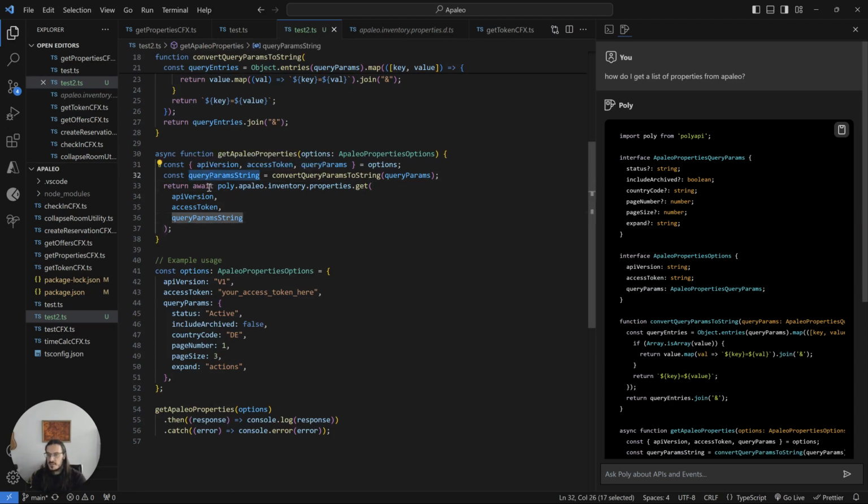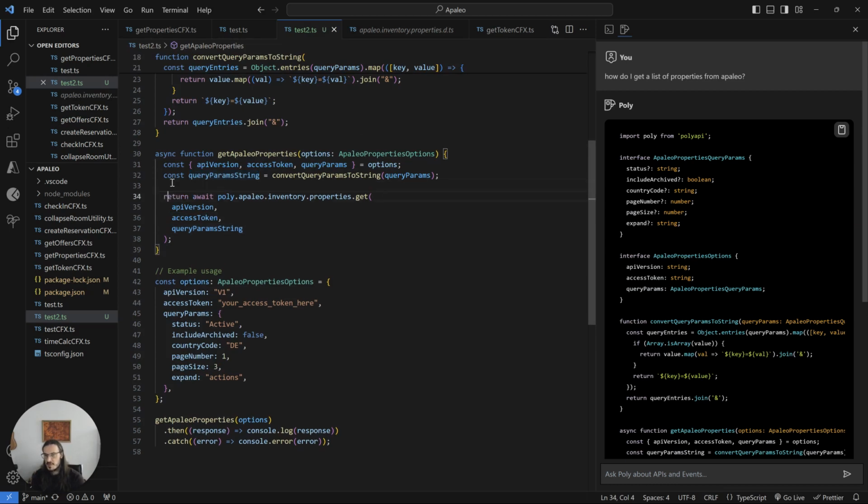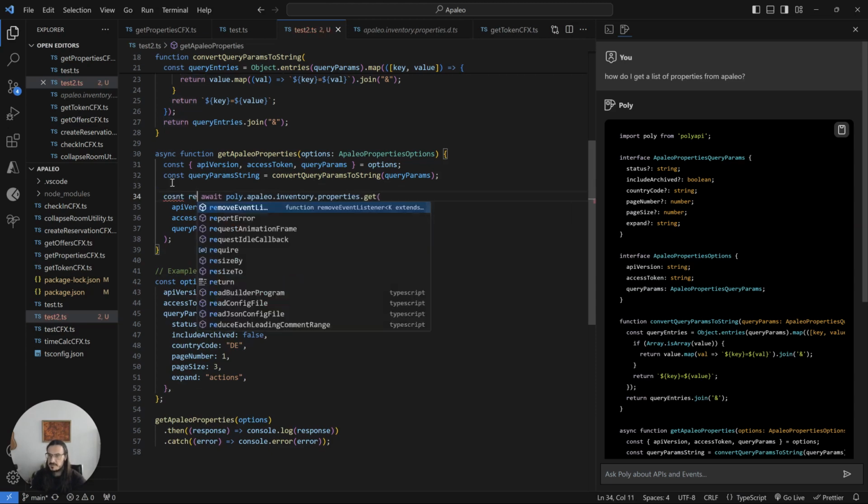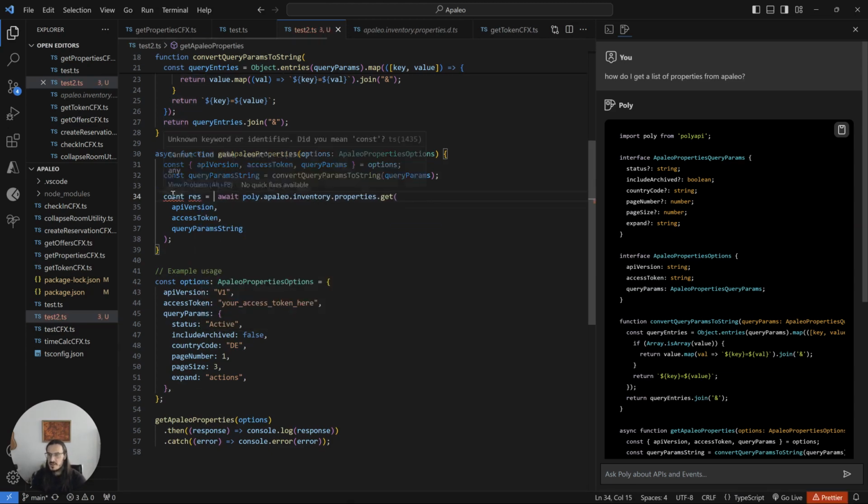We have this return statement, but maybe I don't want to do a full return just yet. Maybe I want to return a subset of the information. So I could do something like const response equals,